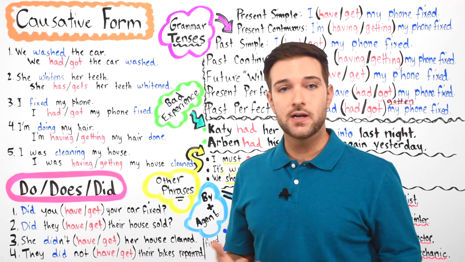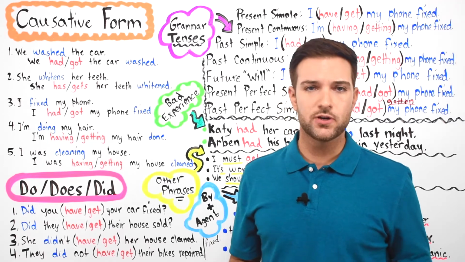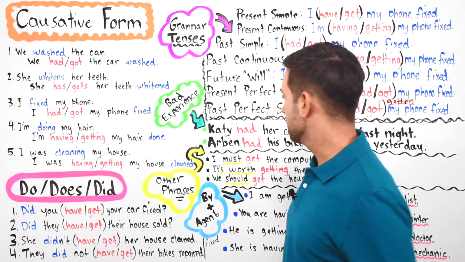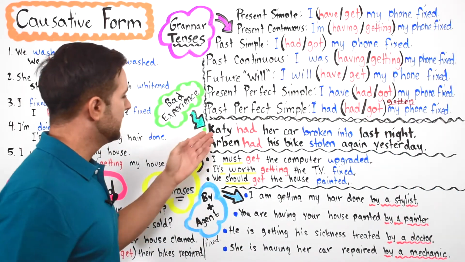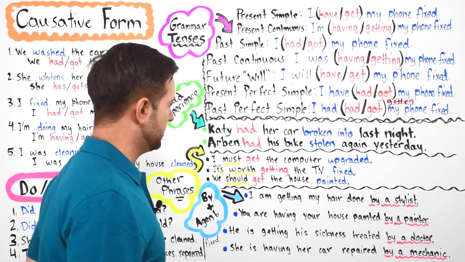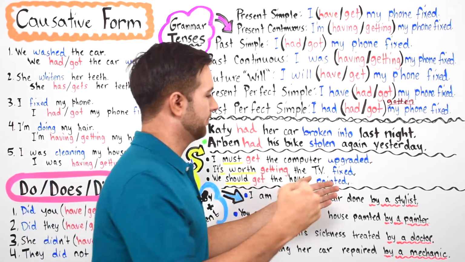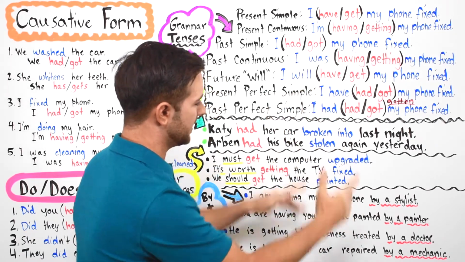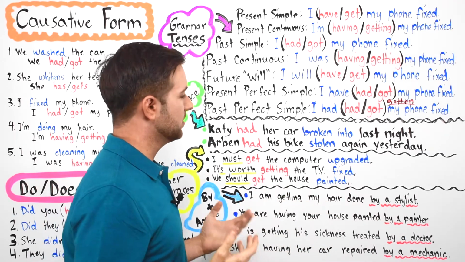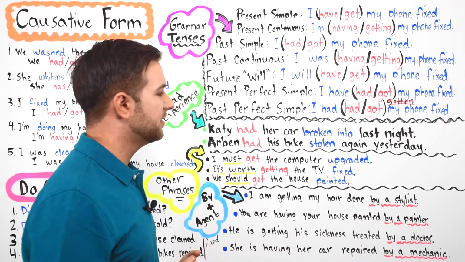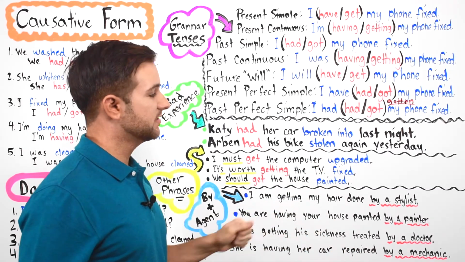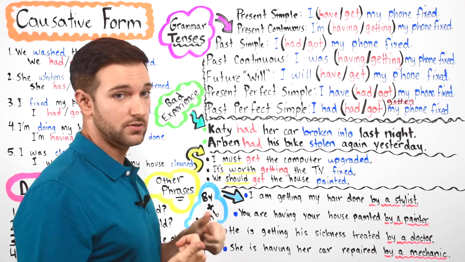Also, it's common for Americans to use the causative form whenever someone has gone through an unpleasant or a bad experience. Okay, so you can say it like this. Katie had her car broken into last night. You know what broken into means? Somebody goes in, breaks the window, and they take the money, the purse, the CDs, whatever you have in the car. They broke into the car and they took things. They stole things that are not theirs, they're yours.